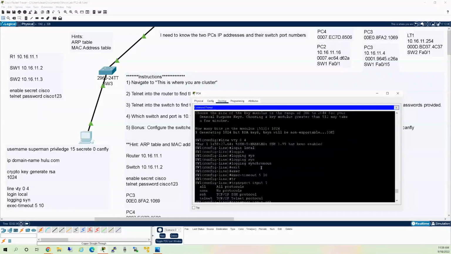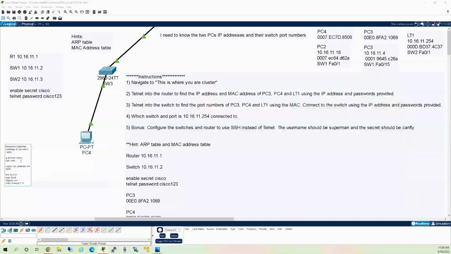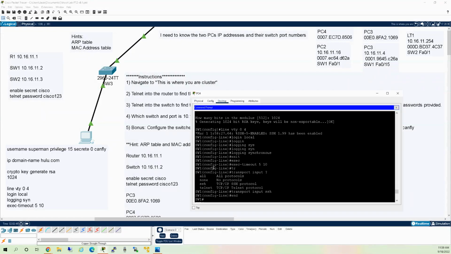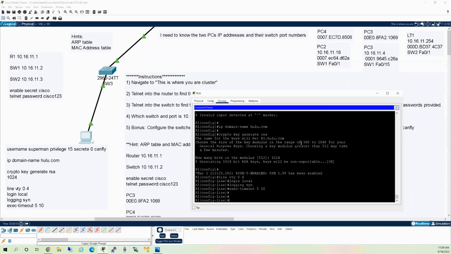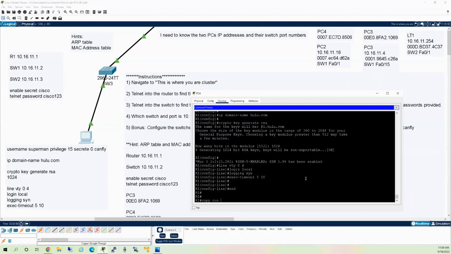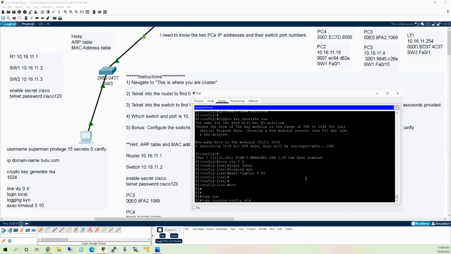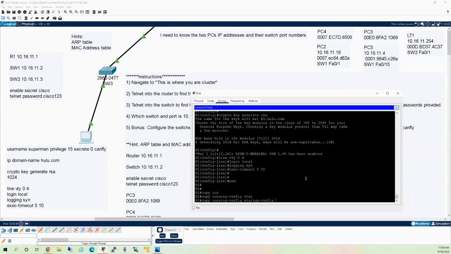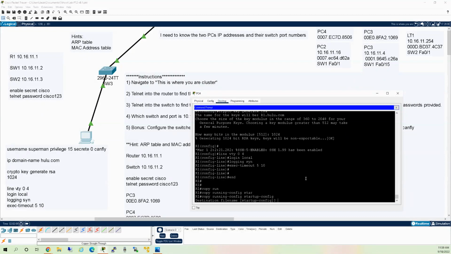Oh, no D. Oh, goodness. Privilege. No D. Please excuse my spelling. Alright, so this should be done. And, enable SSH is there. Alright, so N, copy, run, main config, startup config to save, doing the different variations of saving so you can